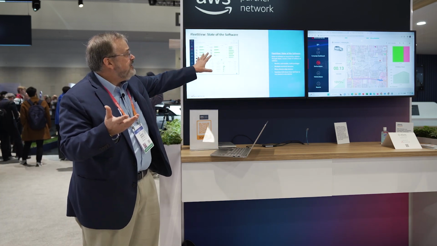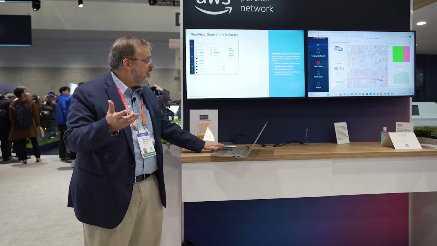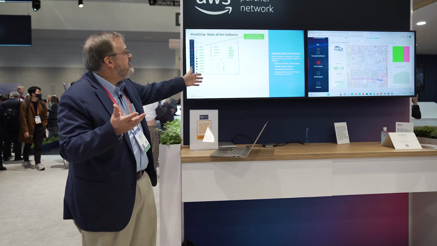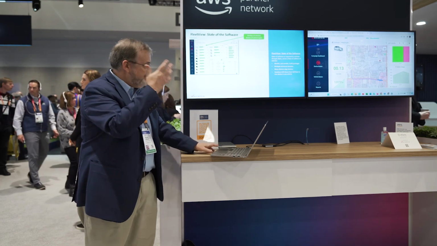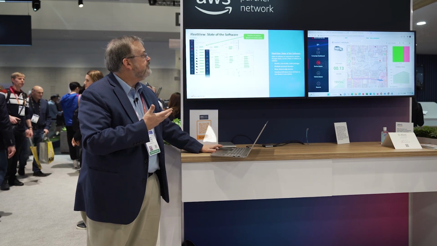So the state of the vehicle. What is the state of the software? I want to be able to look at a fleet of millions of vehicles. I want to see them by family, by model, by submodel. I get the ability to drill down. There may be dozens, even hundreds of different SKUs of what I am deploying in the field. You get to see all of that through Fleet View. You get to drill down within one model or submodel to see the different technical domains of the vehicle. You get to drill down to see the individual devices within the technical domains of the vehicle.